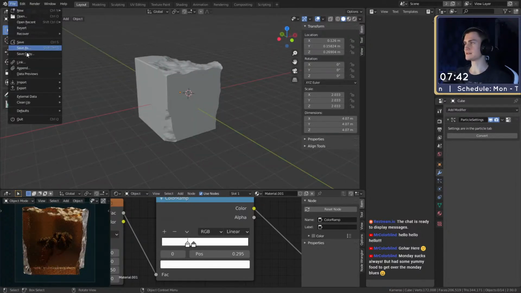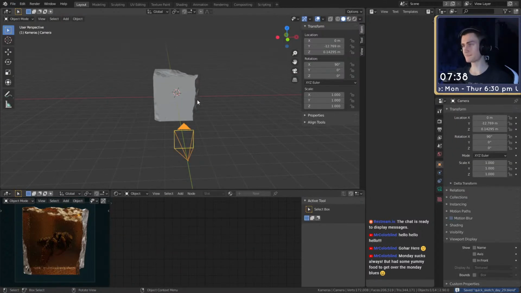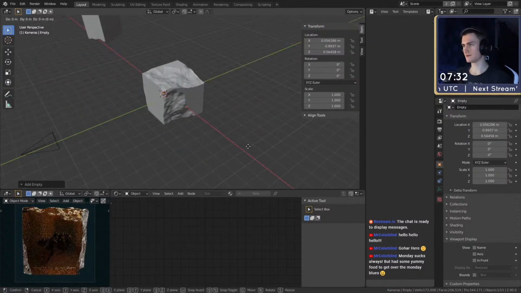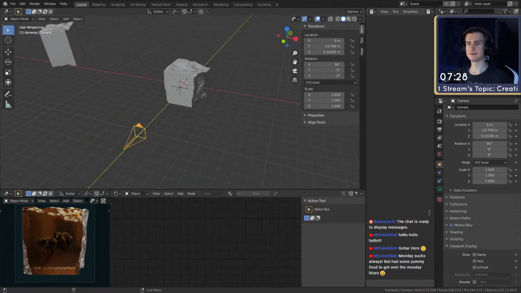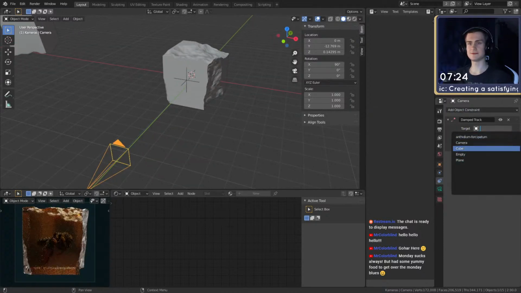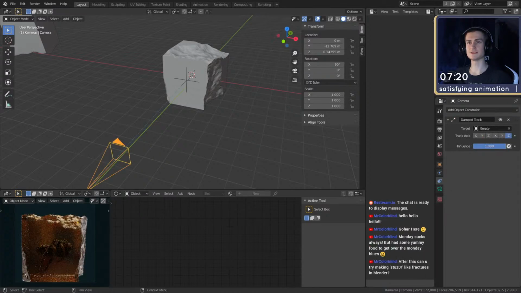Next up, let's save it real quick, and then let's put in some lighting. First of all, let's bring in a good old focus empty. That's what I'm going to talk about today as well. The lights follow or track this empty. There we go, on the negative z-axis.